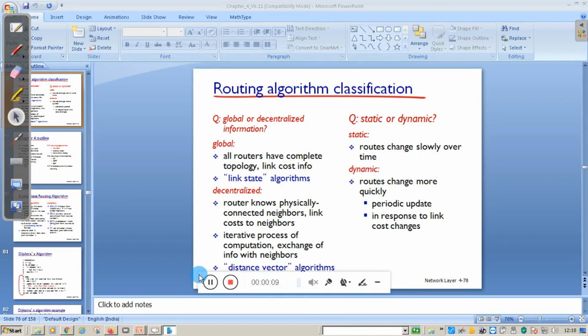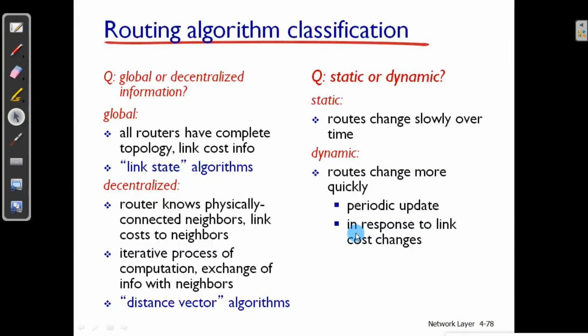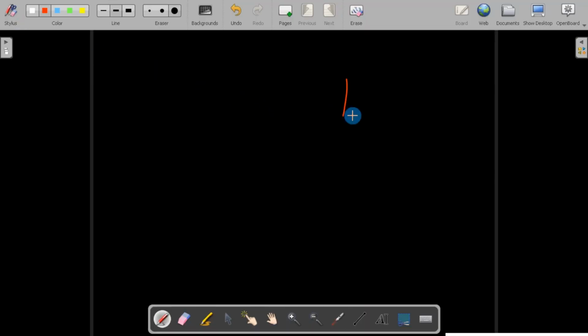In this session, we will discuss routing algorithms, that is, the distance vector routing algorithm and the link state routing algorithm. Before proceeding, students, we know the router makes use of two types of protocol. One is called a routed protocol, the second one is called a routing protocol. So what is the difference between a routed protocol and a routing protocol? In my previous session I told the difference.